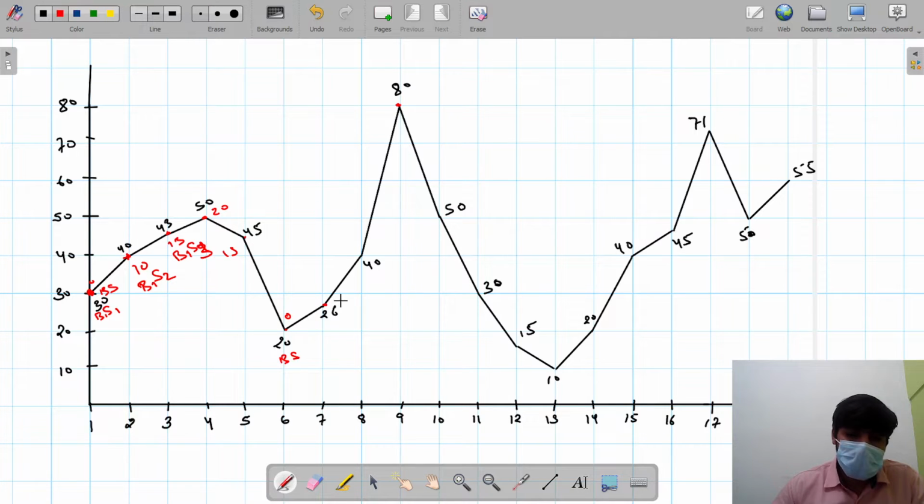For this one, today selling is necessary, and for that the best buying day is this one. Okay, so the best buying day is this one, and the selling day is this. We get 6 rupee profit. For this one, this is best, and 40 minus 20, that is 20. Then come to that point. Today selling is mandatory. Okay, mandatory.